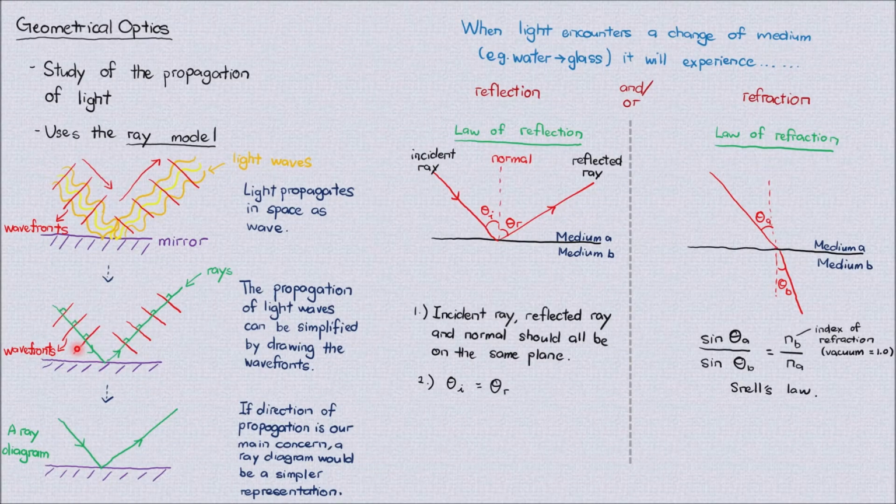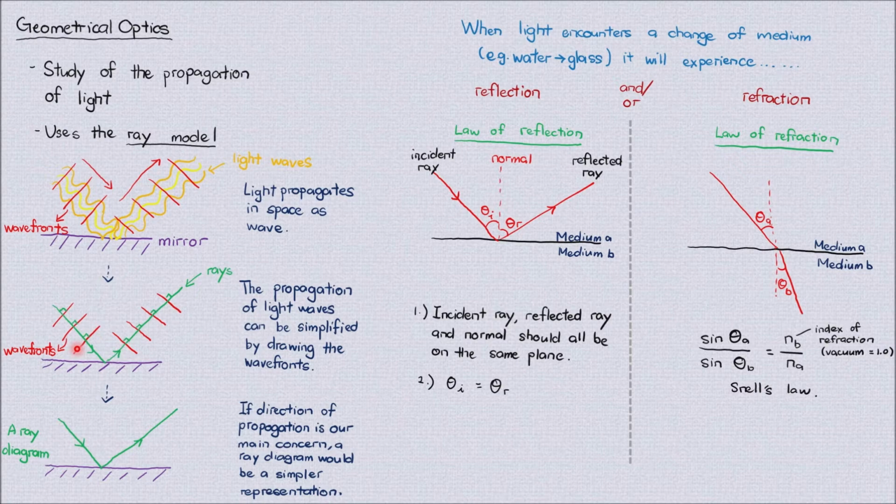Welcome to Chapter 7 on Geometrical Optics. In this chapter, we'll be studying the propagation of light. Optics is a study of light, and geometrical optics focuses specifically on the propagation of light. So we'll be encountering things like reflection and refraction, in which light propagates and hits an interface or a change of